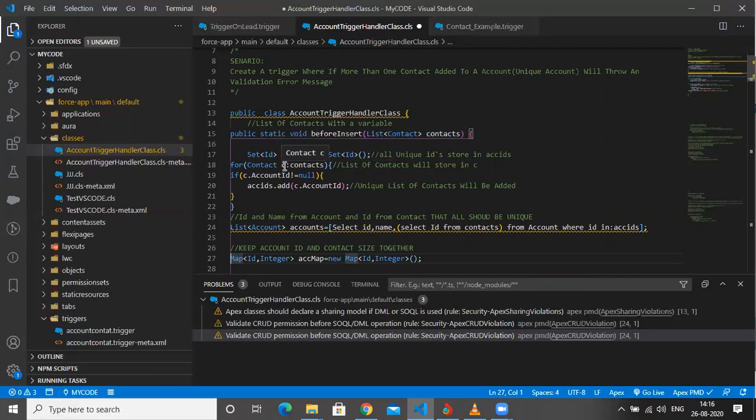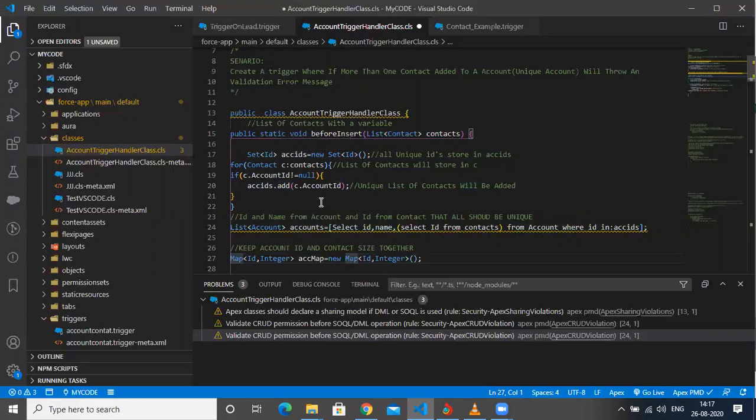Later on, if this contact variable account is not equal to null, then only this action will be performed. What action, sir? Their account ID, or I can say the list of account ID, will be added to this set of unique IDs, means all the unique contacts.